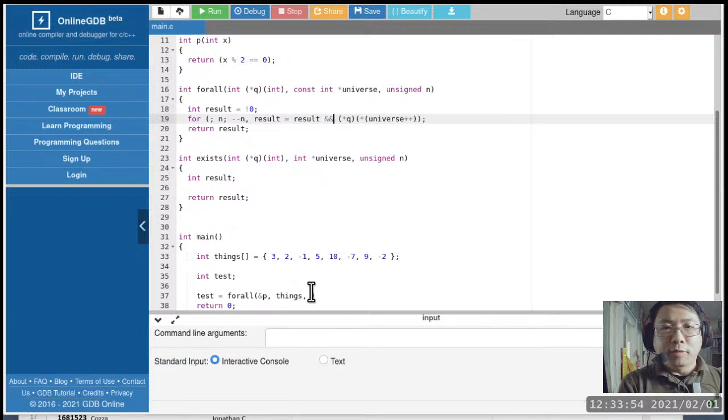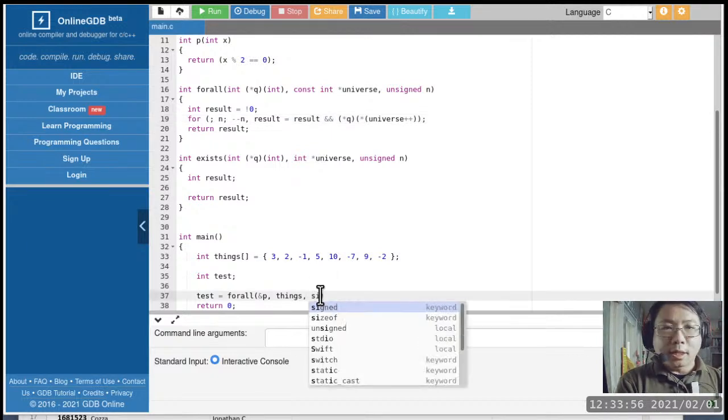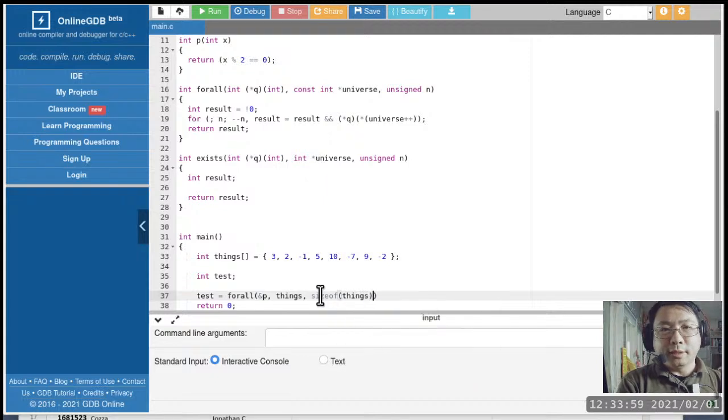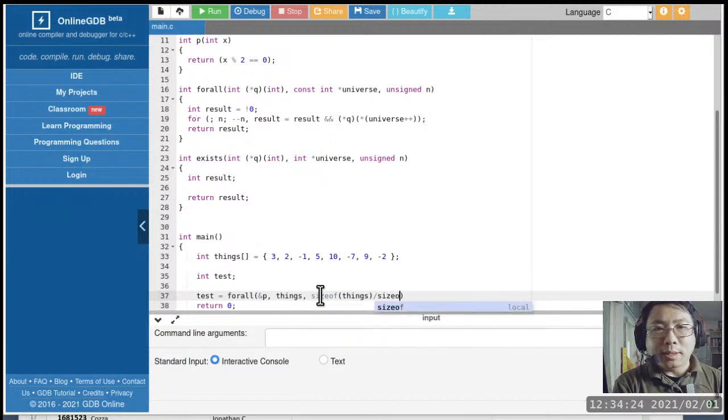And Aiden is correct. Okay, so we can use sizeof. It would appear that this is all we need already. Well, the answer is no, because sizeof returns the number of bytes. So it's going to tell us how many bytes the entire array things is going to take up, but we are not interested in the number of bytes. We want to know how many items we have in the array. So now, if you divide that by the size of each thing in things, then we are good.